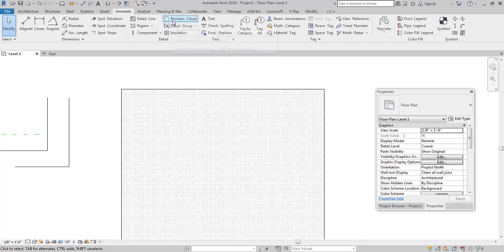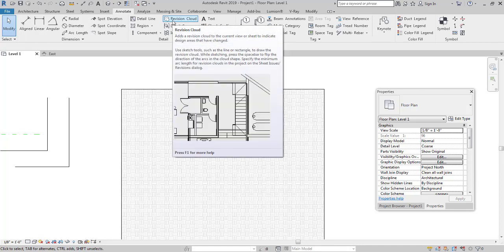And another important command is the revision cloud over here. Revision cloud, as the name suggests, is used in projects for architects if they would like to know whether a specific area needs revision at a later point in time in the project. So obviously when working on bigger projects, it's very hard to keep a check of each and every specific area. So what they do is that they tend to create revision clouds around specific areas that they tend to work on at a later point in time, if they would like to carry out revisions or make alterations, just so they can remember it.